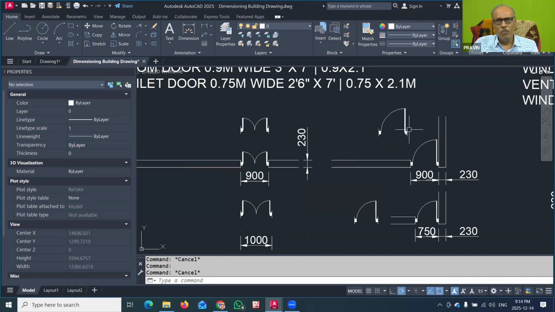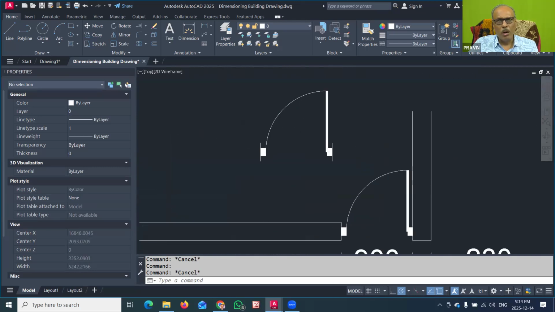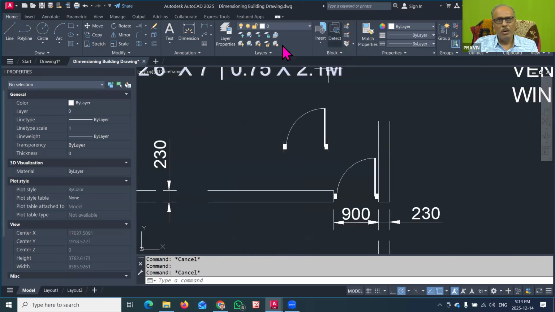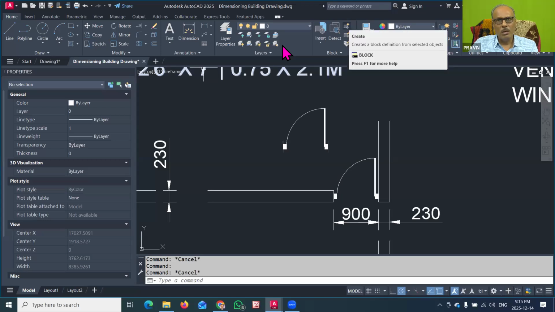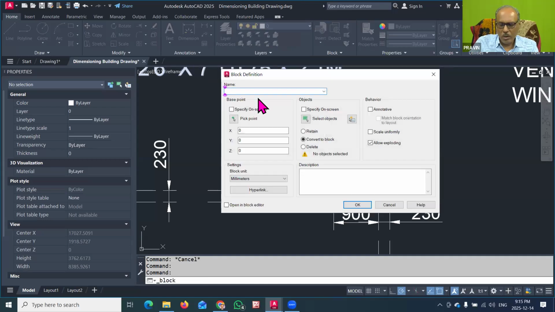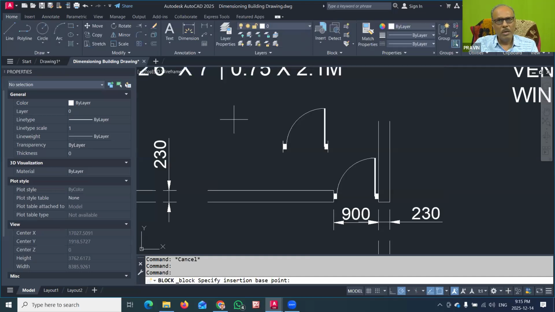Now for this also we will do the block definition. So again I will go to the create block command. Here I have to give one leaf, meaning a single panel door. So one leaf door, and again it is 900, so I will type 900. Then I will make the pick point here.